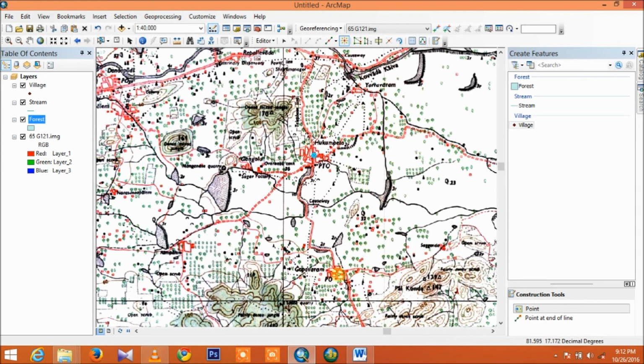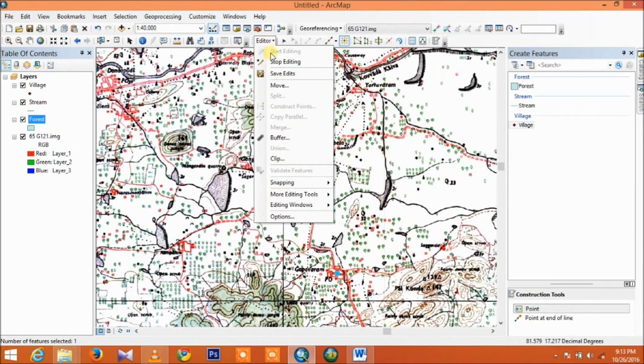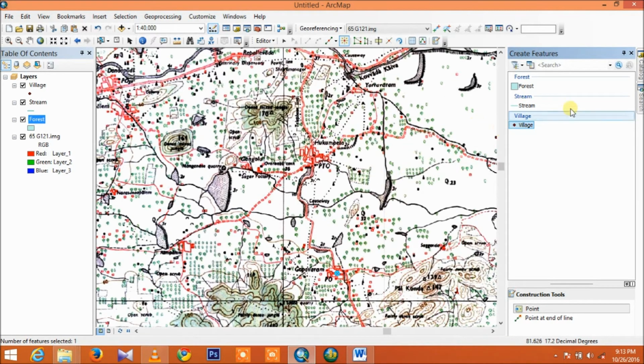So we have Kopavaram here. So left click. So I'm done. We need to save our edits and then click I'm done with villages. So let us now move with streams. I've not stopped editing, so I'm still continuing. Now I just need to select stream and then I need to select the stream file and